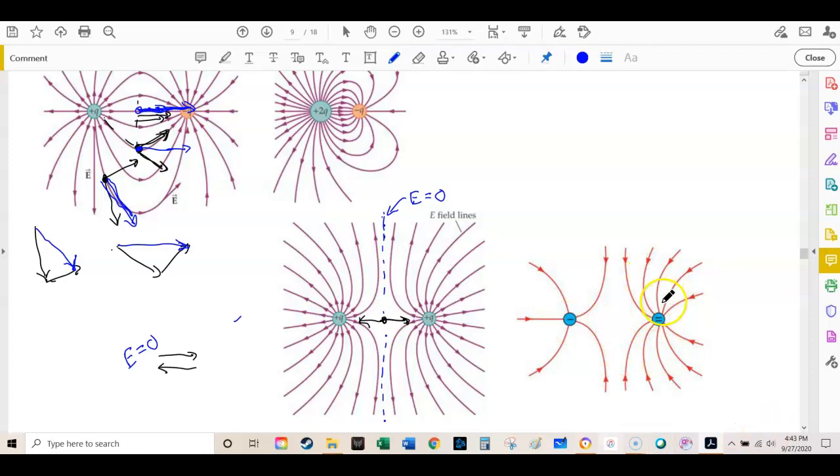Notice again it's disproportional, and you'll still have that space of a 0 electric field along that line right there. Right, it won't be at the very center. It'll actually be a little bit shifted towards the negative here. If this is a distance r here, and this is a distance r here, the electric field will be